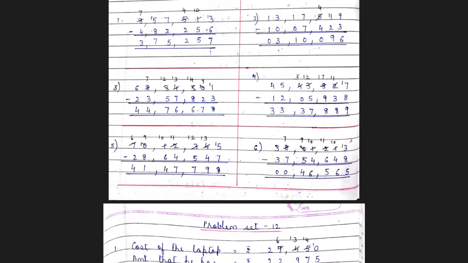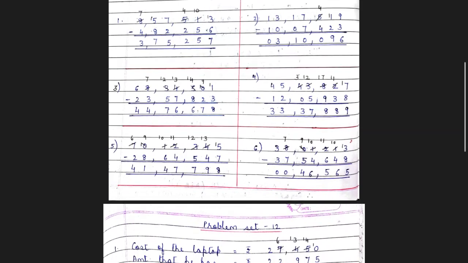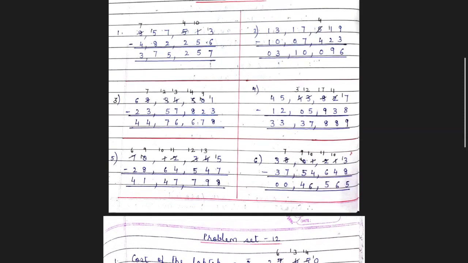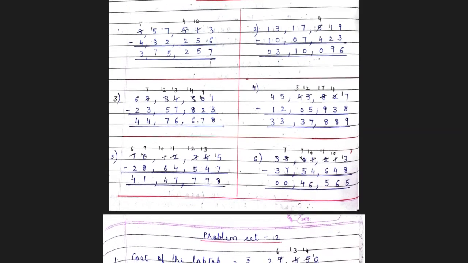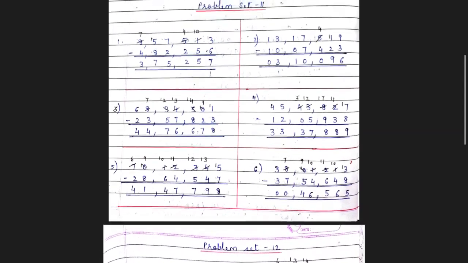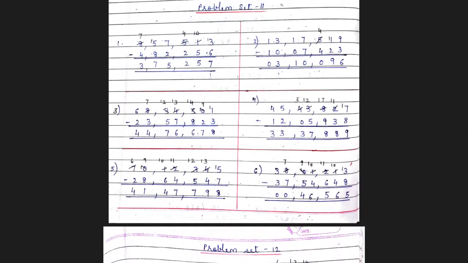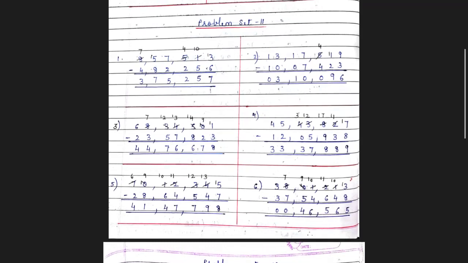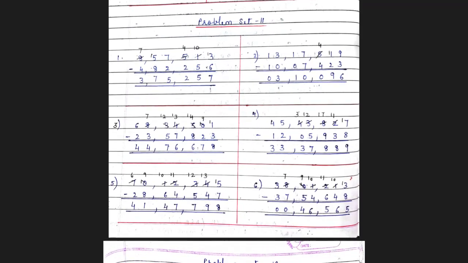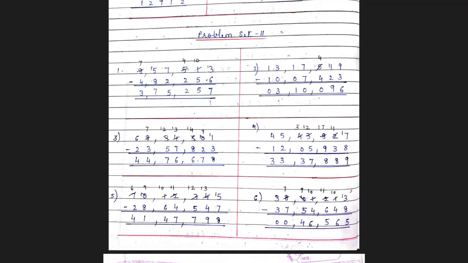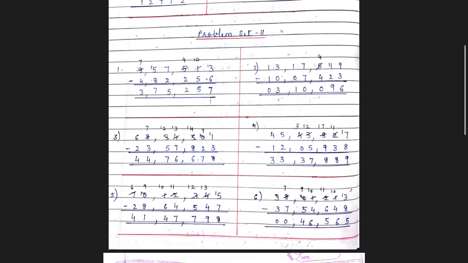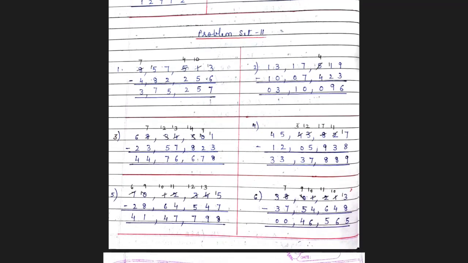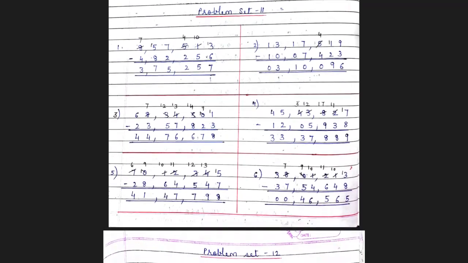9 minus 2, 7. 4 being a smaller number than 8, 4 minus 8 is not possible. Borrows from 4 becomes 14. 14 minus 8 is 6. Now 3 minus 7 not possible, so borrows from the previous number and becomes 13. 13 minus 7 is 6. Now the 3 which has given a number has become 2. 2 minus 5 not possible, therefore borrows a number from 8 and becomes 12. 12 minus 5 is 7. 8 after giving a number has become 7. 7 minus 3, 4. 6 minus 2, 4.